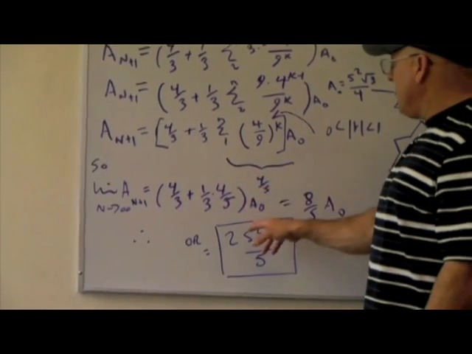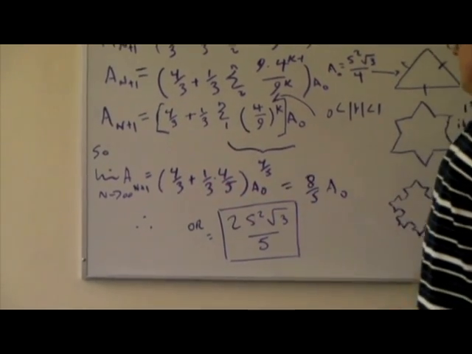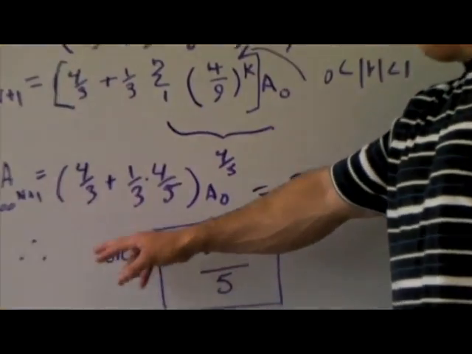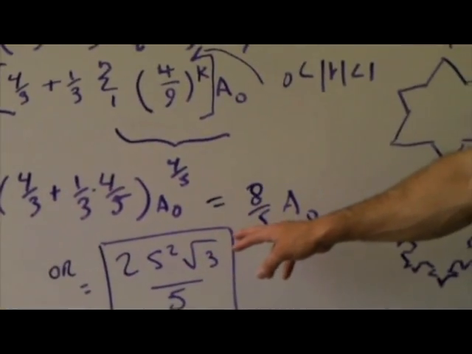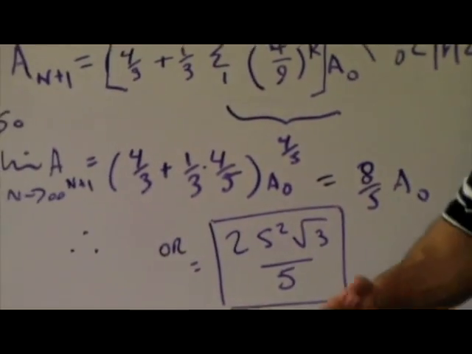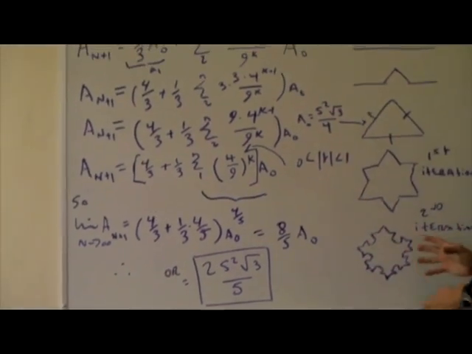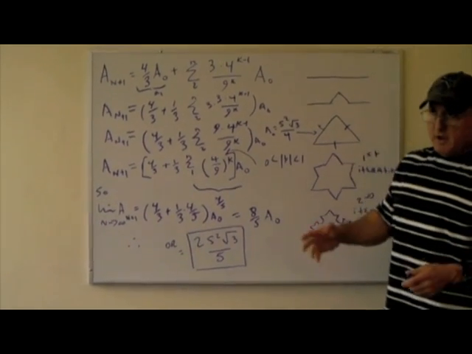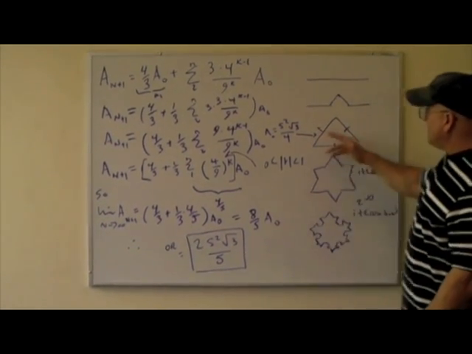And if we calculate all this, multiply and add it together, we end up with our limit of our sum of our areas being 2 times s squared rad 3 over 5. So you can see that the area of this fractal is converging to a finite sum, and at the same time the perimeter is expanding infinitely, because each subsequent iteration